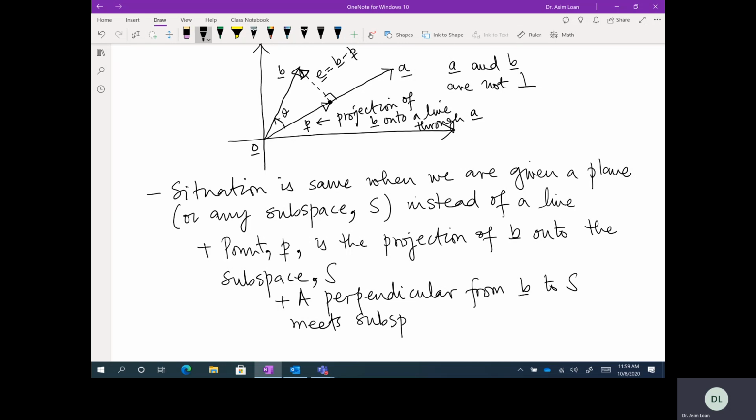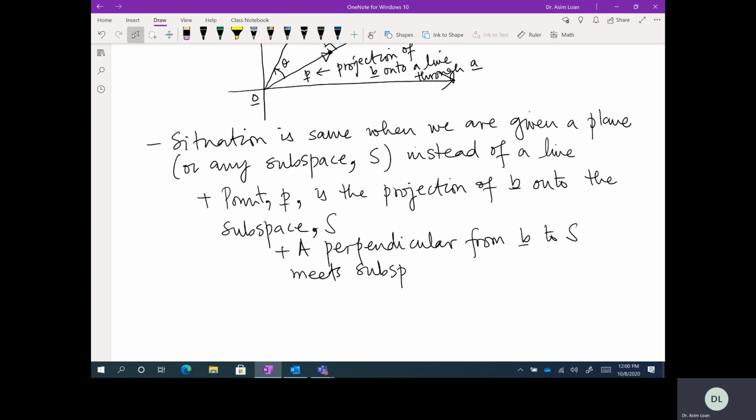So please kindly keep this picture in mind when we are discussing the projections. Assume that you are in a room where the floor is your subspace, or a line on the floor is a subspace, and there is a point in the three-dimensional space which represents the end point of B, where B is from the corner of your room to there, where the corner is the origin. So a perpendicular from B to S meets the subspace at P,